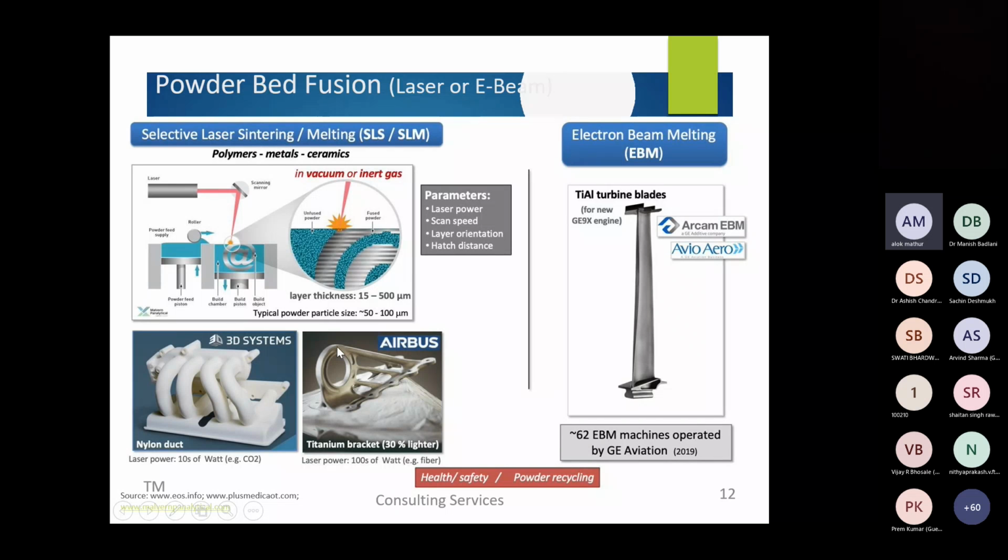If we see details of further products which are manufactured through these two methods, that is EBM and SLM. For selective laser melting, you can see a better diagram. You can see that the laser source is here.